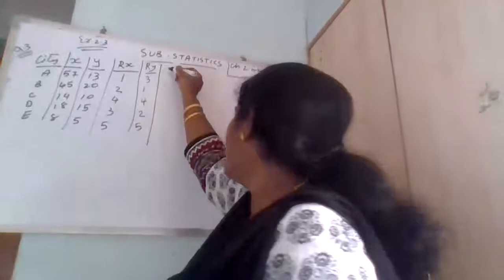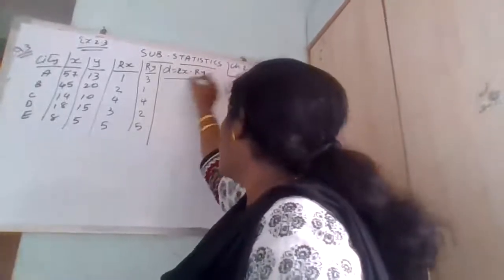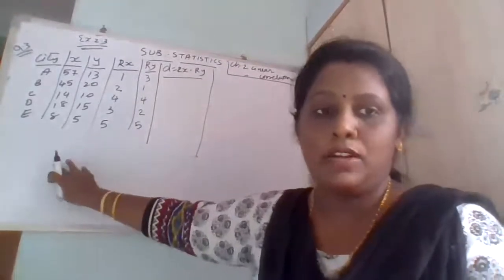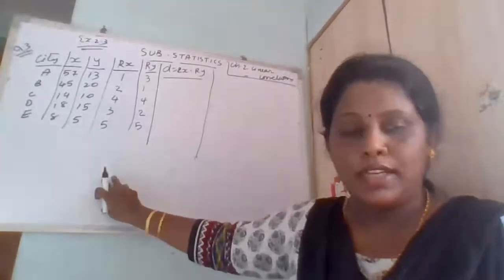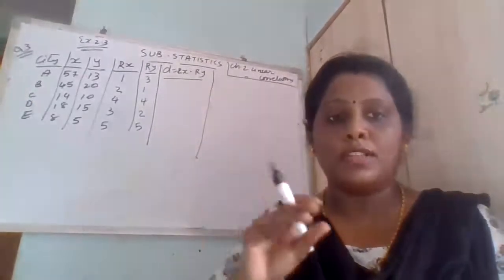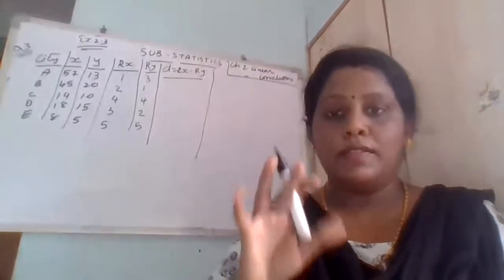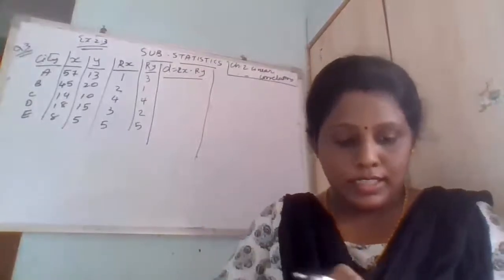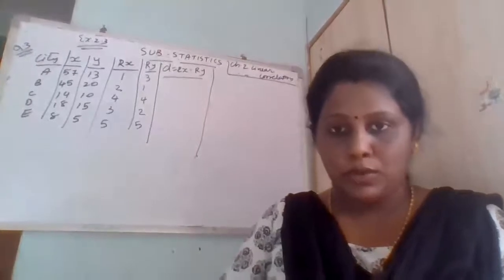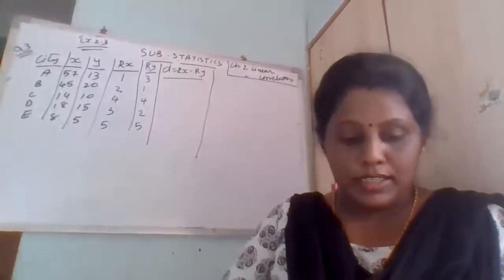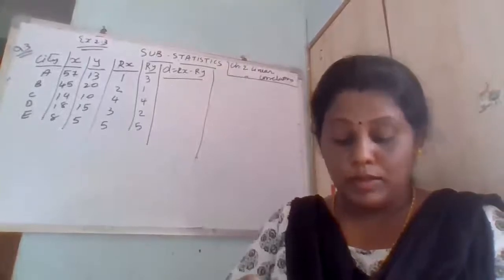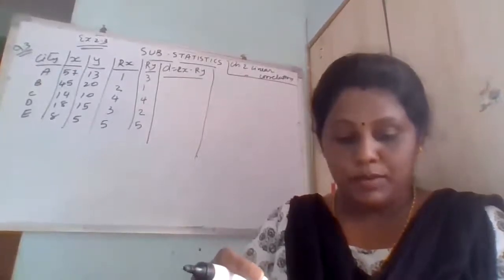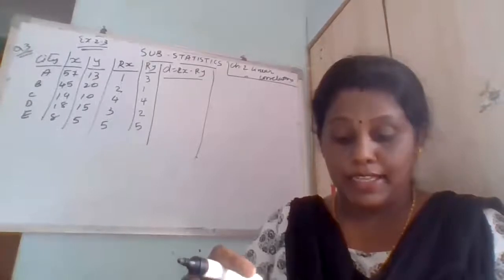After that, D, Rx minus Ry. Then after that, all the things will remain the same. The only new thing is that X and Y are given, and on the basis of that you have to give the rank. How will you know whether rank is given or not? It will be mentioned in the question itself whether the column is a rank column or X and Y. In the second question, see, it is said that the ranks are given below, after the question statement, above the table, regarding Swachhata Abhiyan and Beti Bachao Abhiyan by the village.